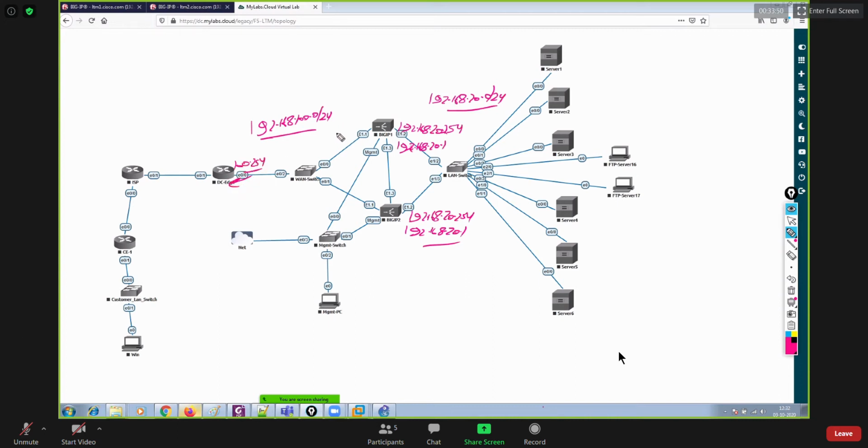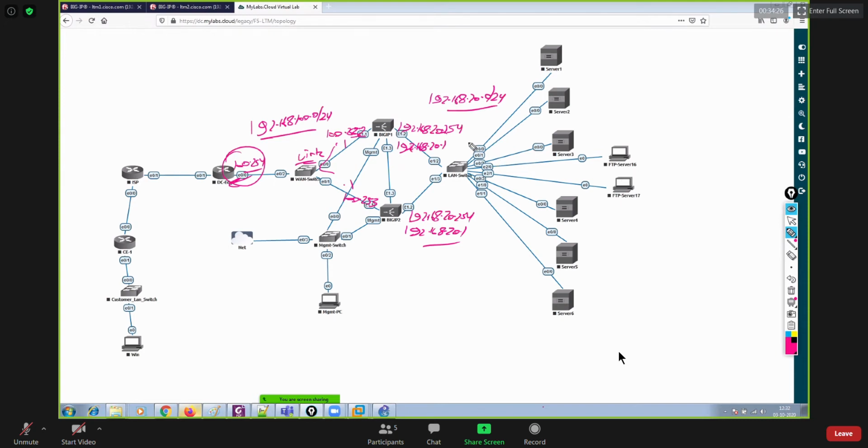So here, what I will do, I'll make it 100.252, and then 100.253, because 254 is already in use, right? And dot one will be the virtual IP. It would be a virtual IP for external interfaces. So this is what we are going to use now. Because we are going to configure high availability, we must have a virtual IP address in place, right? So that's what we will be using here, right?